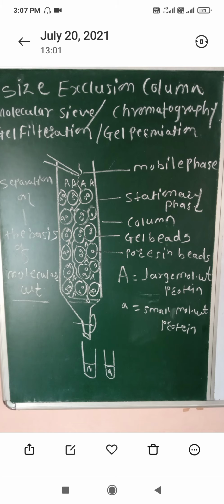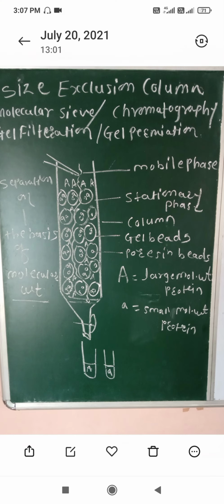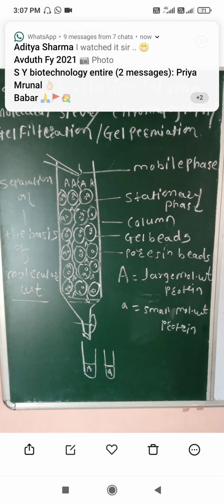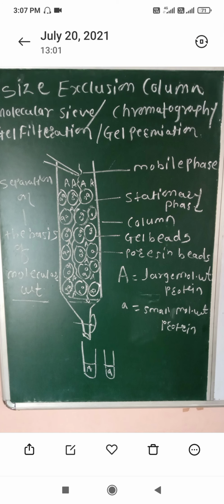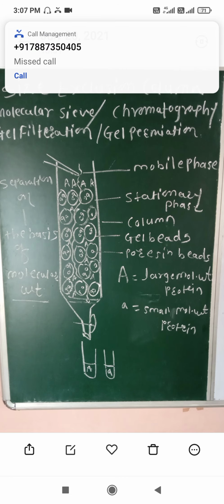So different nomenclatures are given: separation on the basis of molecular size, molecular sieve chromatography, gel permeation, gel filtration chromatography, etc. In the next lecture we are going to study the elution volume required to elute a sample containing proteins of different molecular weights, and how they are separated, what volume of mobile phase is experienced by the sample, and we must know the fractionation range or fractionation capacity of the gel beads.